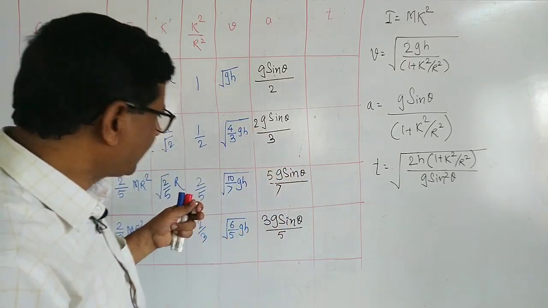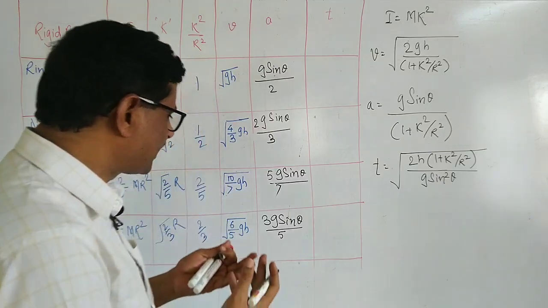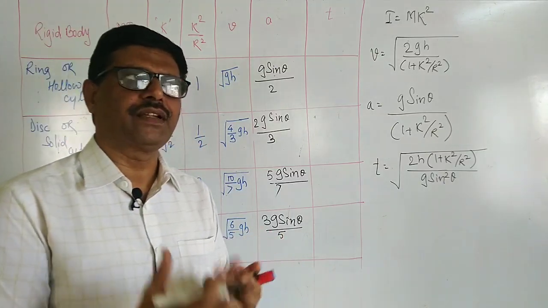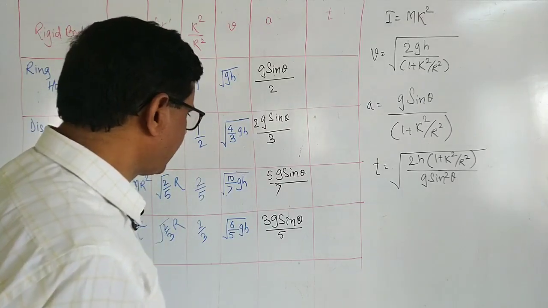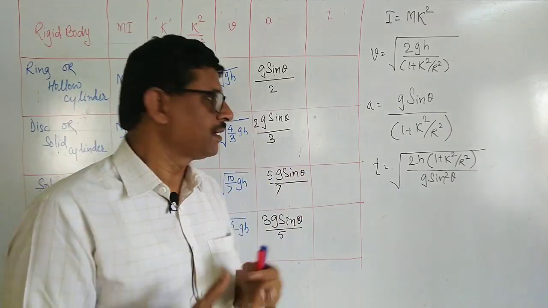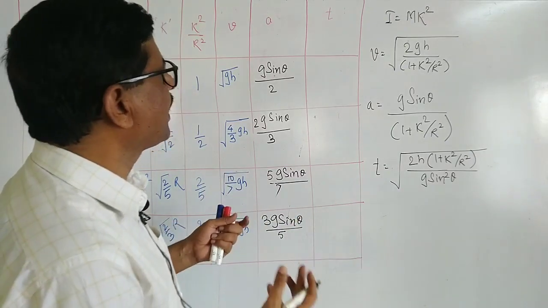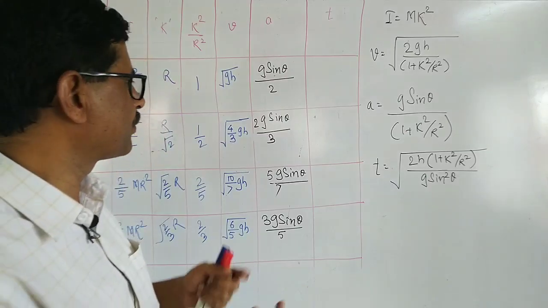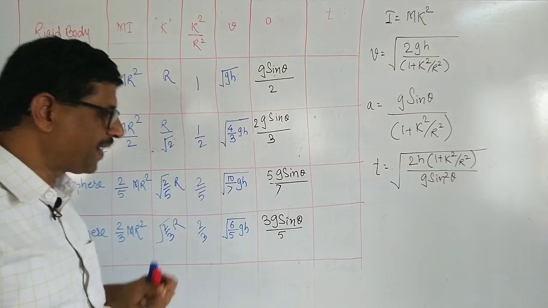That does not depend on what mass they possess, but on what shape they have, from what height they are released, and at what angle the inclined plane is inclined with the horizontal. Those are the factors on which the velocity and acceleration of a moving body depend on the inclined